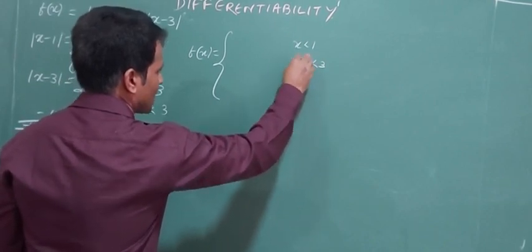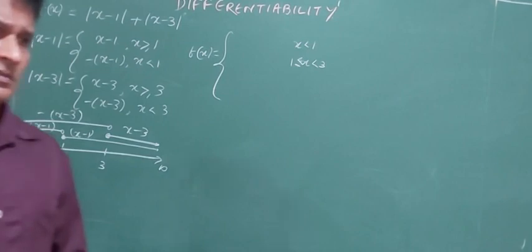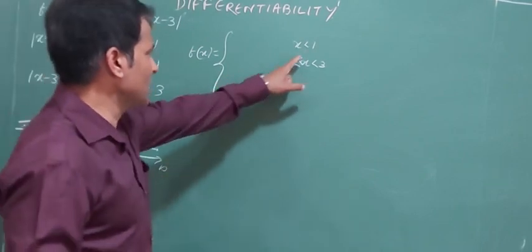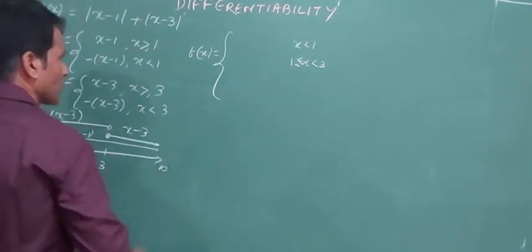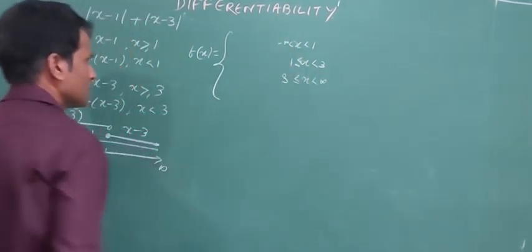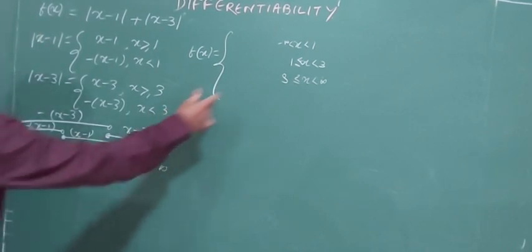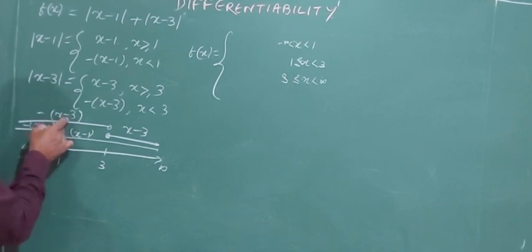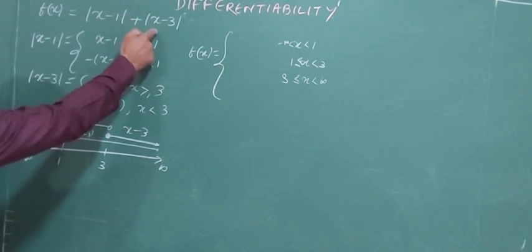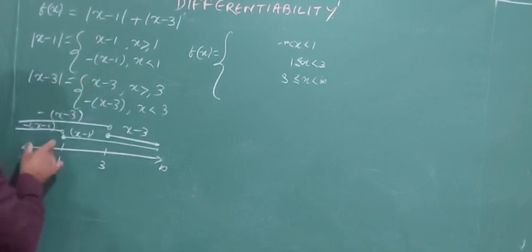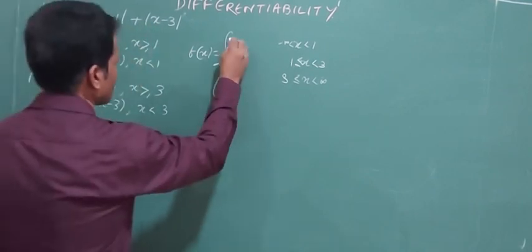In modulus, at finite points, the greater than or equal sign will be there. Only less than will be there at the other end. Then x is less than infinity, greater than or equal to 3. Now I have divided the function. I am starting here. The first term, minus infinity to 1. You can see this is negative. This one is also negative. Extreme left hand side all negative. The partition value, 1 is the partition value for x minus 1. This is the smallest value. Its left hand side is all negative. Write both the values in the form of negative.